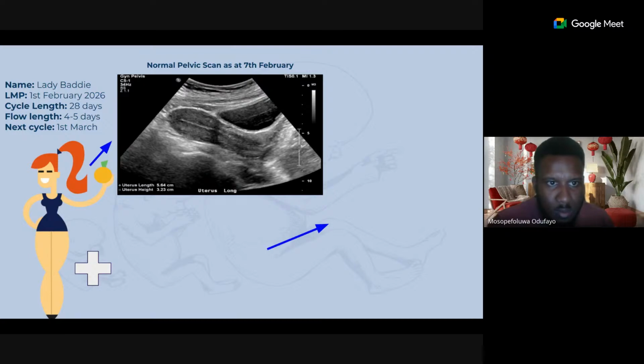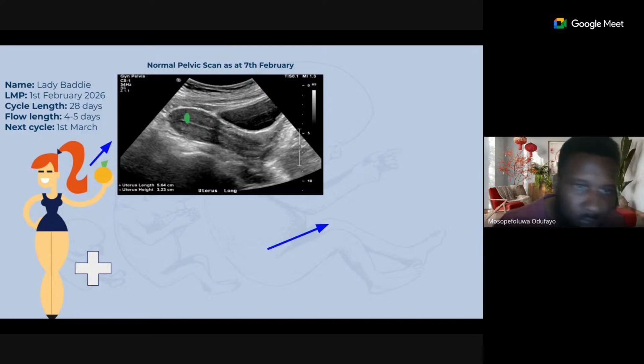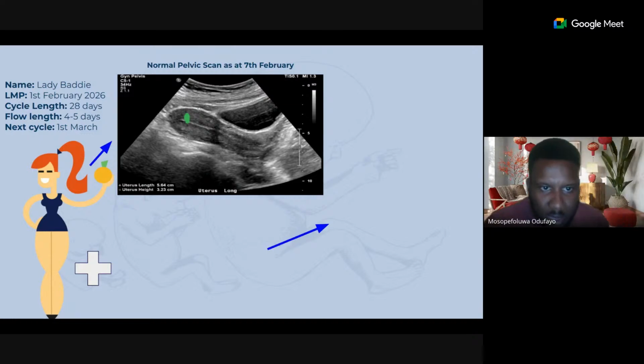So this here is the endometrium, that white line. Then we have the uterus here, and right in front of it we see this black hole, and that's the bladder. That's the way it looks, just like this many times. This is a perfect non-pregnant uterus, and this is the way it ought to be for her every single time. She's excited because nothing is wrong with her.